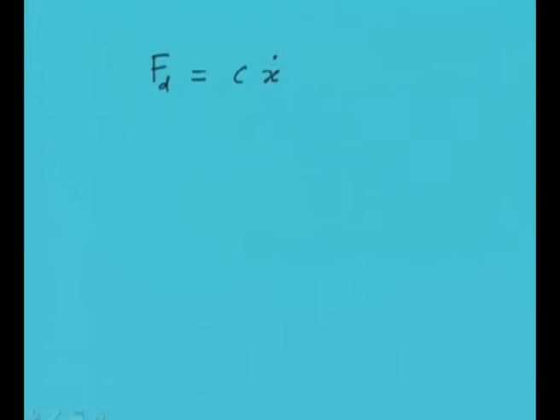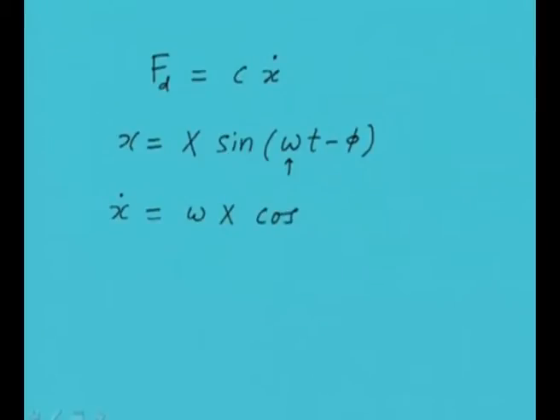and as I mentioned, for the forced response, the displacement can be expressed as some amplitude and sinusoidal function with the frequency same as the excitation frequency, and because of damping there will be some phase also, and from this we can get the velocity if we differentiate. So this is the velocity, and the energy loss can be calculated,